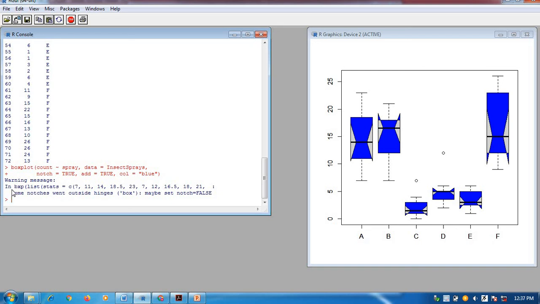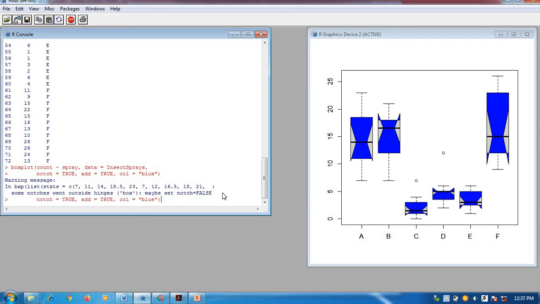There is a warning message. The bxp list states C equal to 7, 11. These are the values for the B case. Some notches went outside hinges, maybe set notch FALSE.